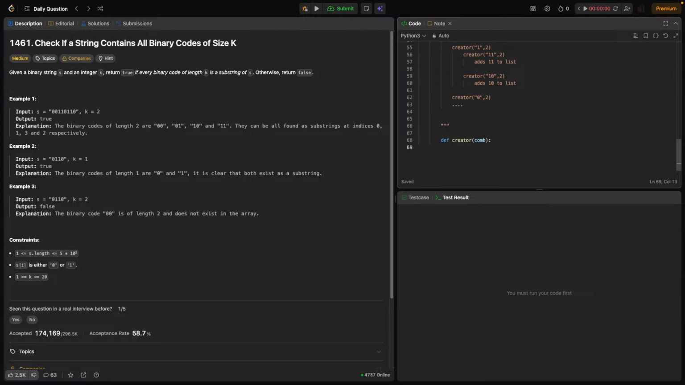Now let's see where this goes. If length of com is greater than or equal to 2, you can just add list to the end. So that would be com list dot append com. Of course. Sorry, this will become k. Yeah. Otherwise, you create a creator,